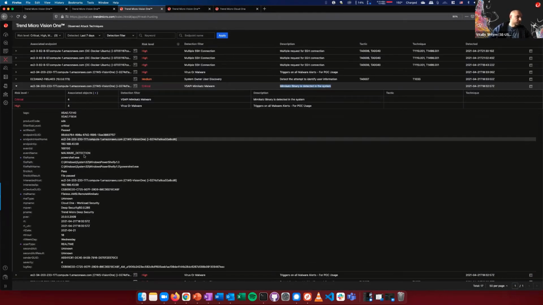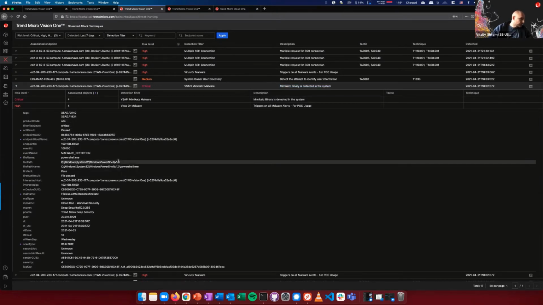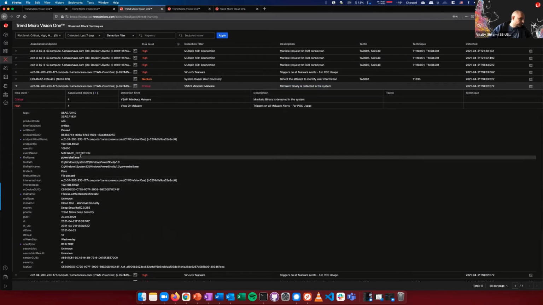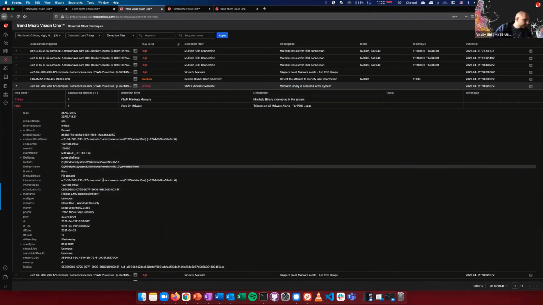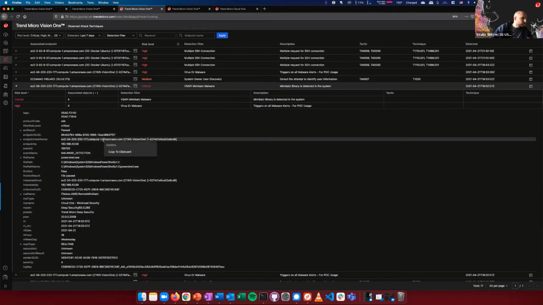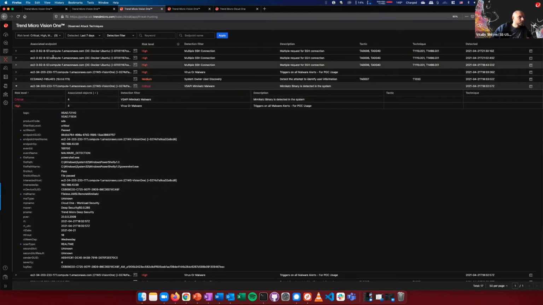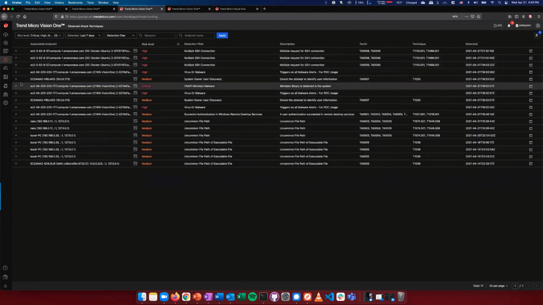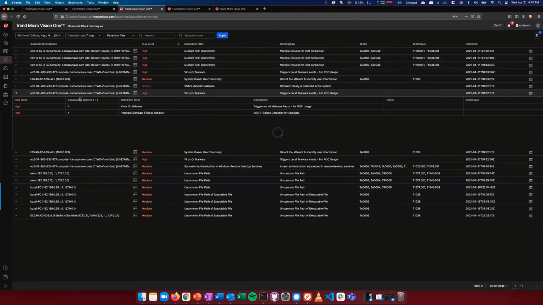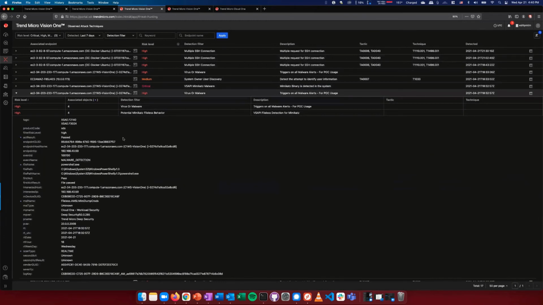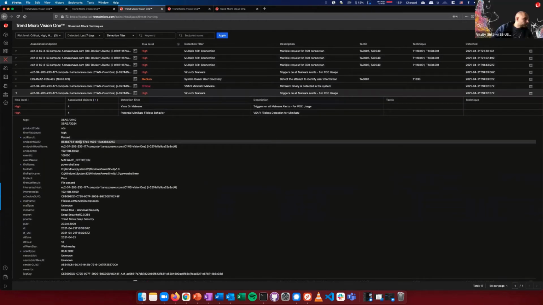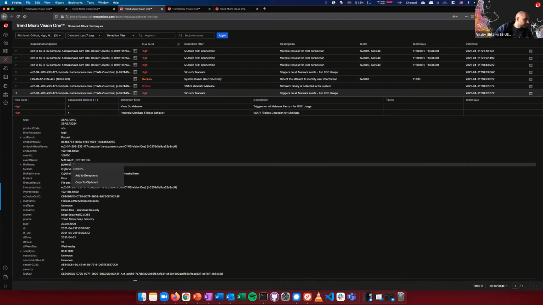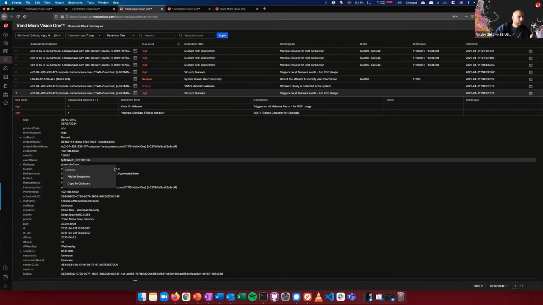And again, from here, you can add things to blacklist. So let's see if we have maybe not the specific one because that one doesn't have it. Let's see which one I can do that on. Typically, it's going to be a file, an IP address, anything along those lines that you'd be blocking. GUI, file name, file path. So we can add file name to exception, so if there is a false positive,